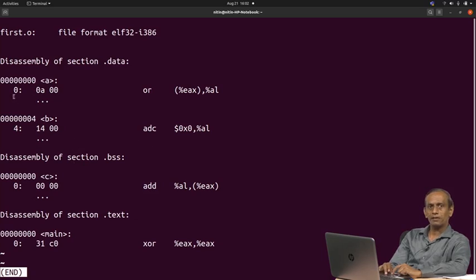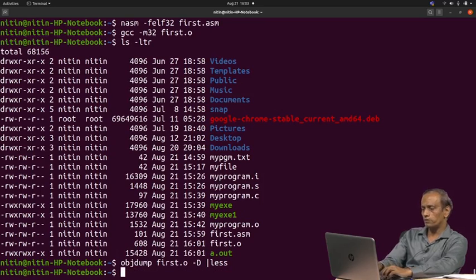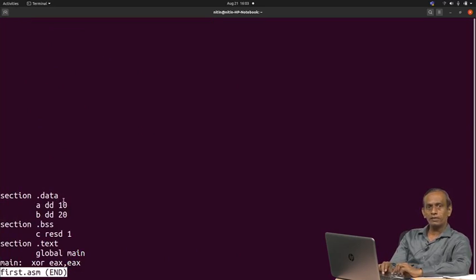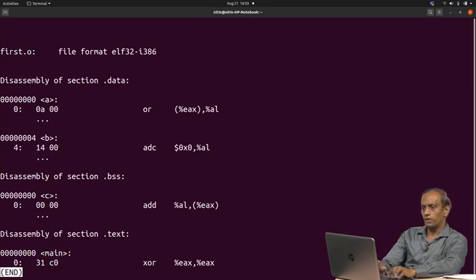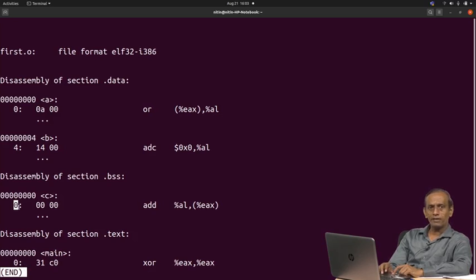The difference is that here you are starting with 0. As it contains some 2-byte values, those values are shown here. 0A we gave, which means 10, in the code. If you look at first.asm, we gave 10 and 20. So 10 is converted to A and 20 is converted appropriately to 14. Then this tells you reserve byte, again starting with 0. Every section you identify here starts with address 0. Even section .text starts with 0.